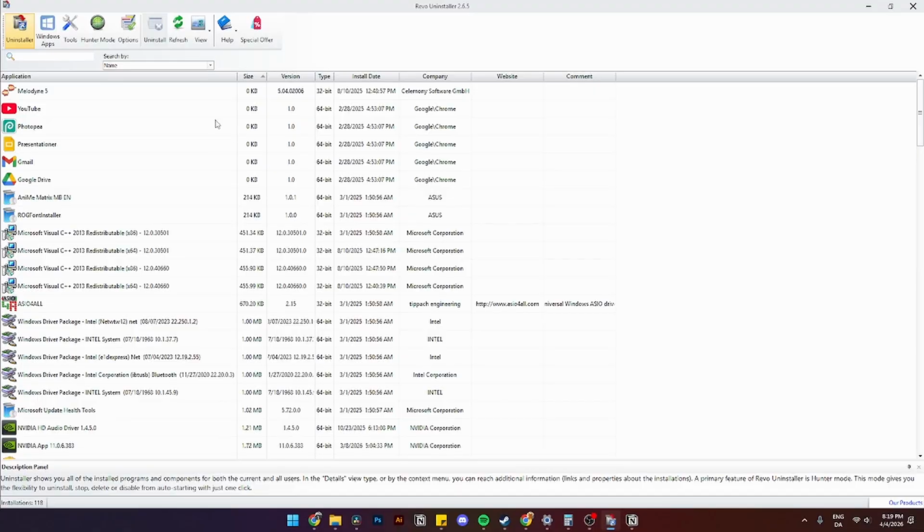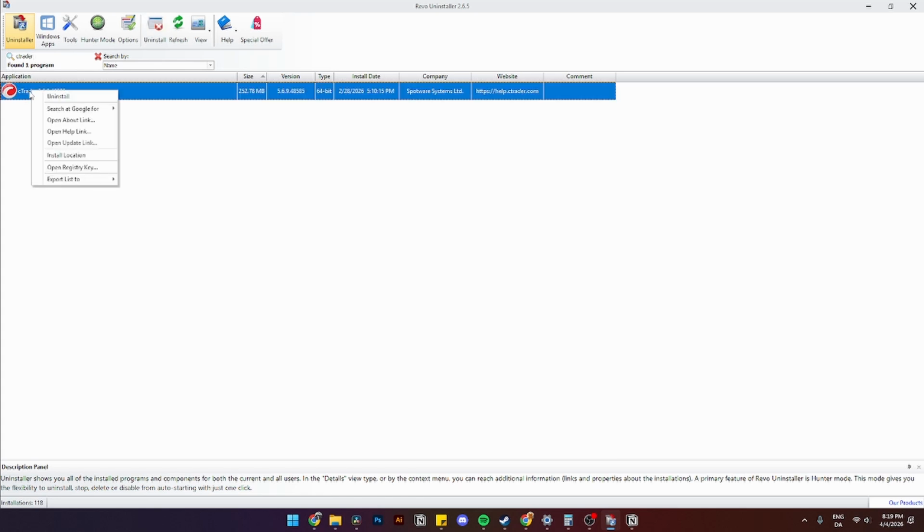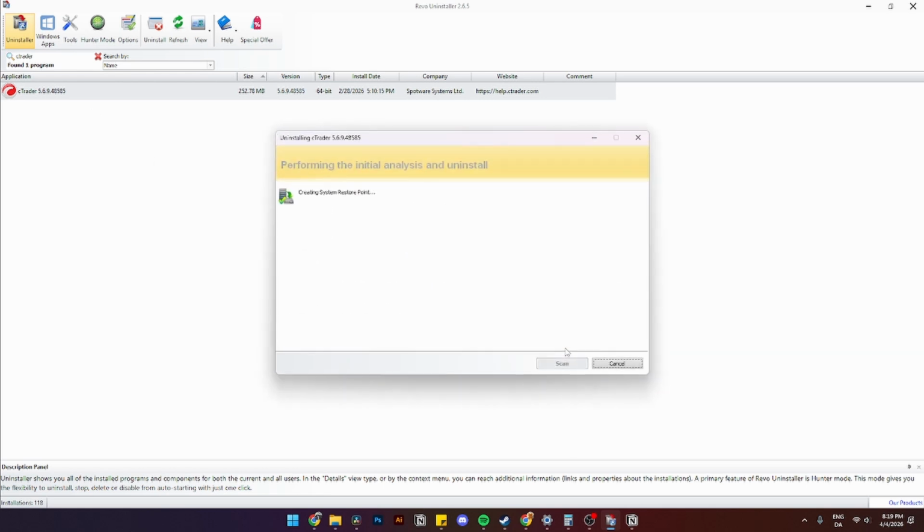From here, you'll simply need to open up Revo like so. And then from here, it should look something like this. Now from here, you'll need to go up to the search bar up here and then click cTrader like so. As you can see down here, you'll see cTrader, and you'll just need to right click on it and then click uninstall. From here, you can click continue to uninstall it, and then you can see create system